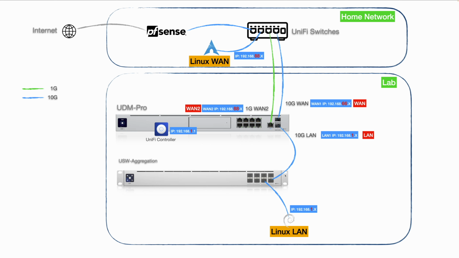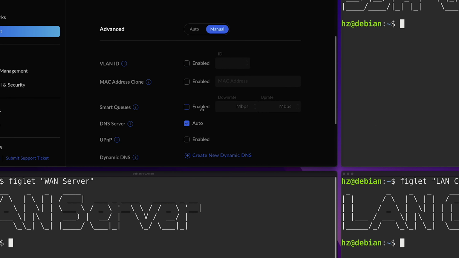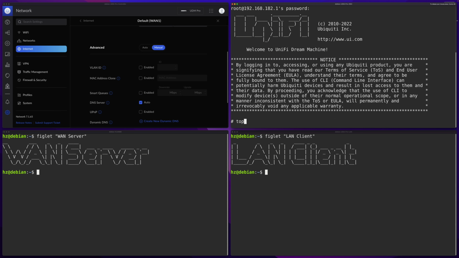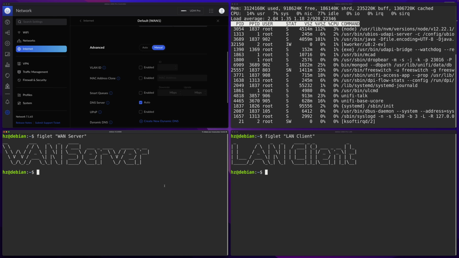Okay, let's get started. I'm going to use this type of screen layout in this video. In this corner, I show you the UniFi controller. As you can see, for the UDM Pro, I have the smart queues disabled. Let's first test what's the performance and the latency. For this corner, I show you the SSH. I'm going to log on to the UniFi router. For now, let me only run the top command so that we can monitor the system resource consumption. And in the lower left